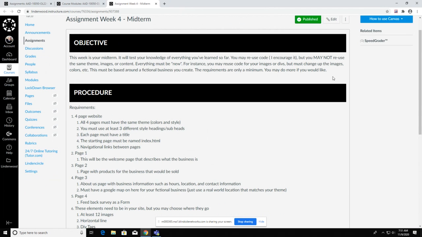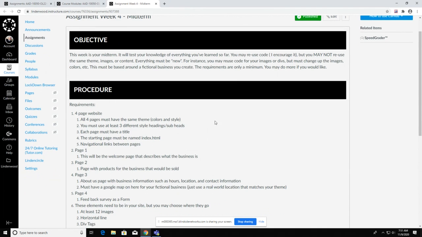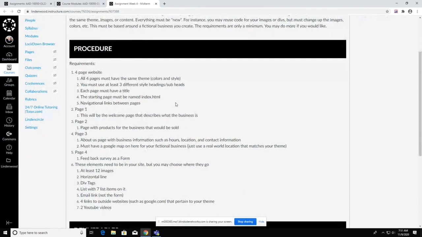So let's get into your requirements. It's not anything beyond what you've done already, with a few extra additions. A 4-page website, real simple. All the pages have to have the same theme. When I say theme, try to keep the headings and subheadings, background colors, nav bar, the colors and style of those things the same so that it looks similar across pages. You have to have at least 3 instances of headings, H1, H2, H3, somehow in there with